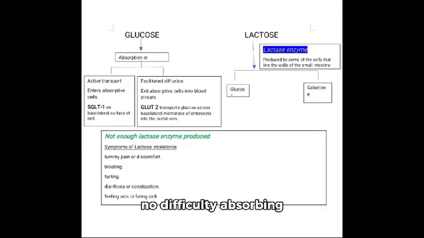Intestinal walls have no difficulty absorbing glucose, which means our system is able to absorb single-unit monosaccharides. Glucose or monosaccharides are absorbed via active transport. They reach into cells and leave the cells into circulation via facilitated diffusion. Disaccharides or double-unit sugars are not able to get absorbed in the same way as single-unit monosaccharides, partly because they are